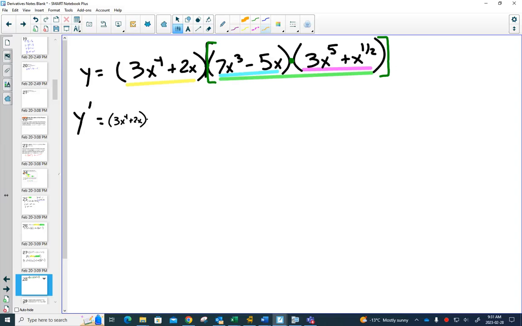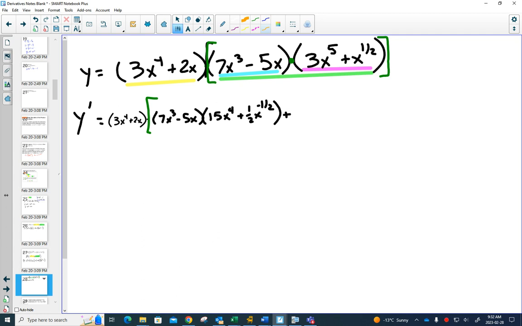So I kept the first one the same. Students are usually pretty good at that part. Now I do the derivative of the second one, which is the one I underlined in green. But when I look at the derivative of the second one, I have a product rule. So I'm going to put this green bracket here. The derivative of the second one would be a product rule which says keep the first one the same, 7x cubed minus 5x, multiplied by the derivative of the second one, which will give me 15x to the 4 plus 1/2 x to the negative 1/2,